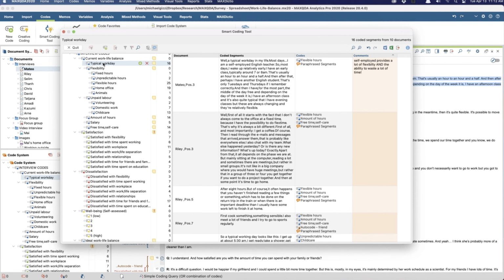So think about it. You do an interview, you've got 10 questions. Before you code anything else, code each question. You can include the question in the code itself if you want, but just code each question for each of the participants.